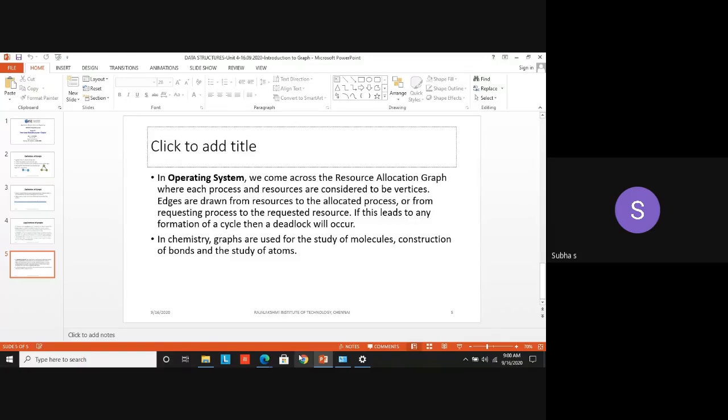They are connected through the edges. So many processes will be in queue. If one process gets executed, then the second process which is waiting in the queue will execute and use the CPU. Then after its completion, the third process will use it. Like this, the scheduling will be done. This is called process or job scheduling. You will see it in detail in OS. So in that part also, we are using the graph data structure only.